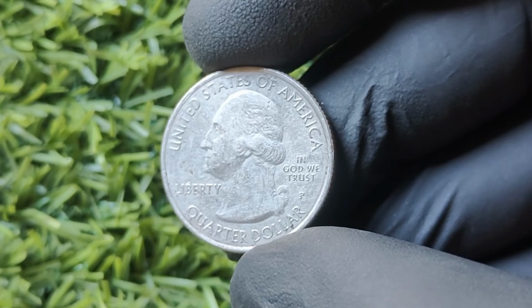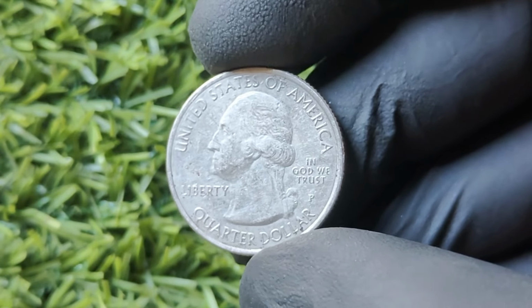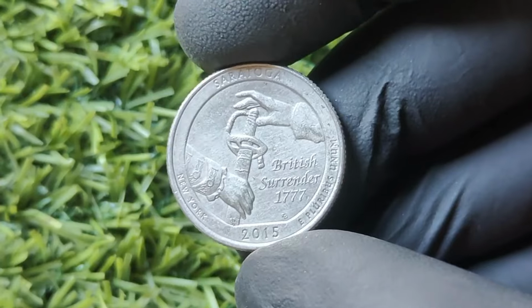Now imagine this: you're at a gas station, right? You grab a soda, pay with a $5 bill, and the cashier gives you back some change. You glance at it, toss it in your pocket, and walk away. But guess what? You may have just walked away from $2 million. Yeah, you heard that right, 2 million smackaroos hiding in your pocket in the form of a humble little quarter